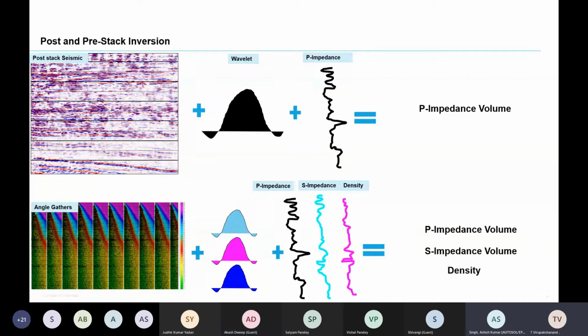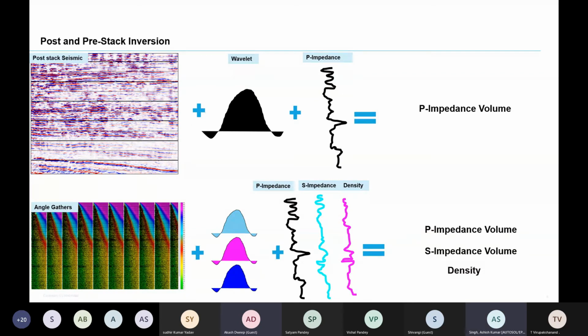So what is post stack basically? I just wanted to understand, because it is an interactive session. I can speak through this presentation in only 30 minutes, no issue. But I wanted to know what your idea or basic understanding is about seismic. What is post stack data? Anybody? Sir, it is zero offset simulated data.